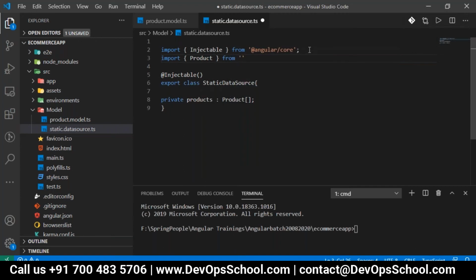It is in the same folder, so dot is enough, product.model. Here I just created product, and I have to give some products here.